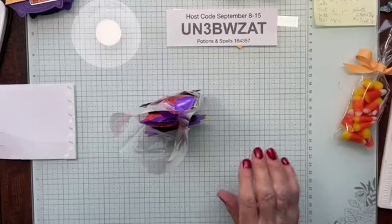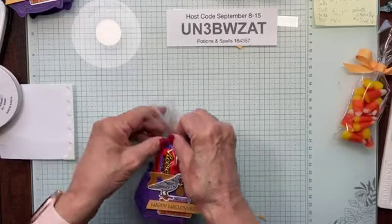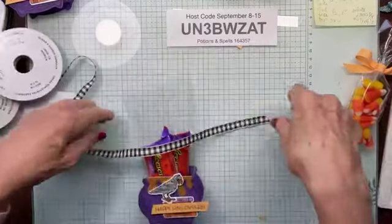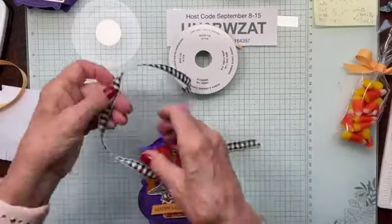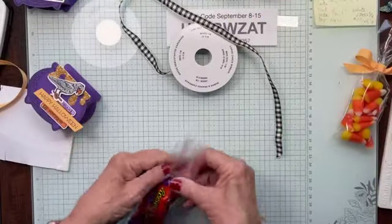Well, why don't we just go ahead and wrap that up? Maybe for this one we'll tie with black and white ribbon. Let's do that. Well, will this be better? Oh, I like the black and white. Let's do that. So for tying bows around packages, now